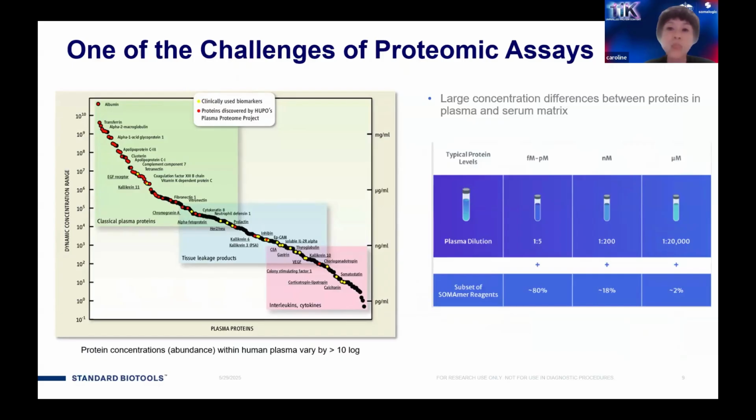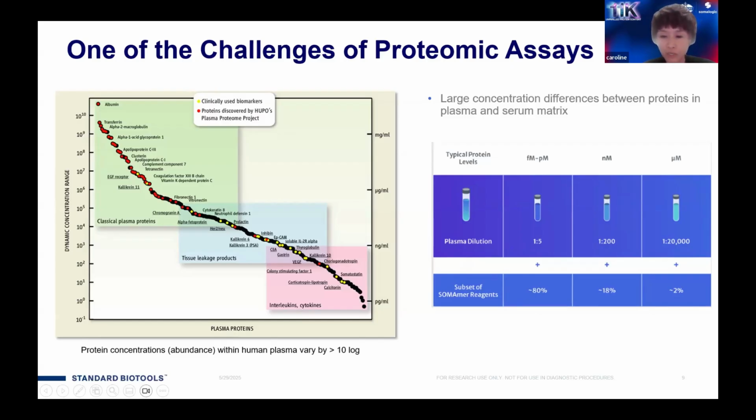human plasma and serum? We have run thousands of human plasma and serum materials. We do understand what the endogenous protein levels are like in this type of matrix, so we have worked out the best dilution protocols that we should use for human plasma and serum. As you can see in the image on your right, for the human plasma and serum protocol, we dilute these samples into 3 different dilution bins, shown here: 1 in 5 dilution, 1 in 200, and 1 in 20,000 dilution. And then the bottom of the table indicates the percentage of SomaMer reagents in each of